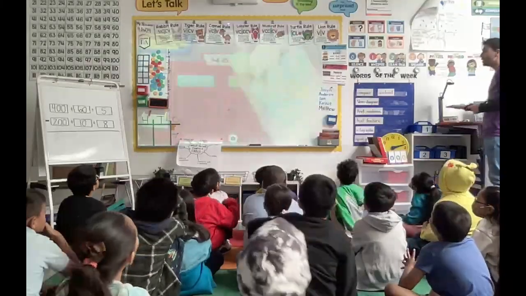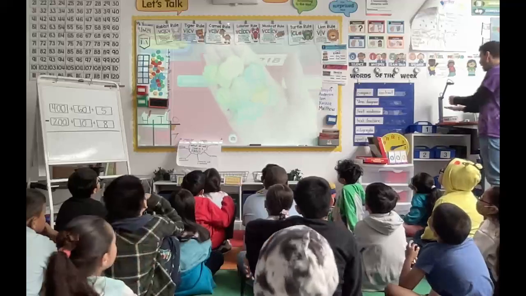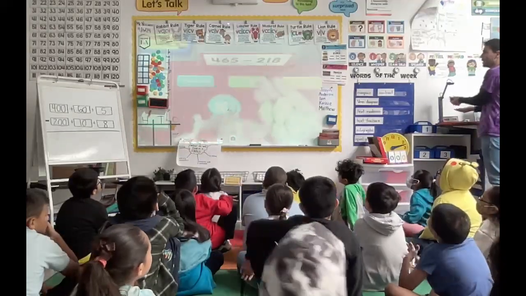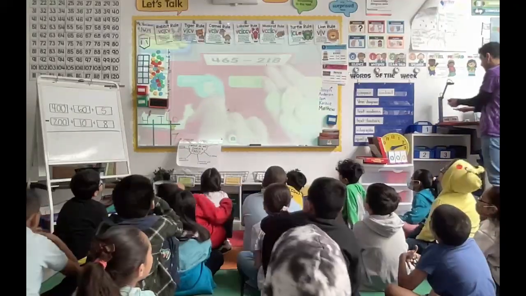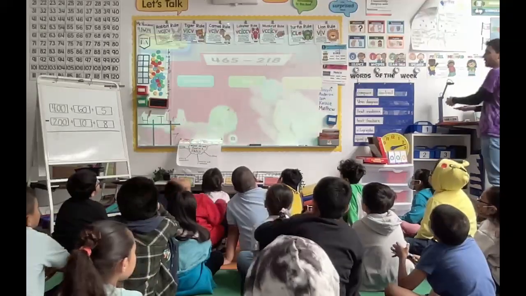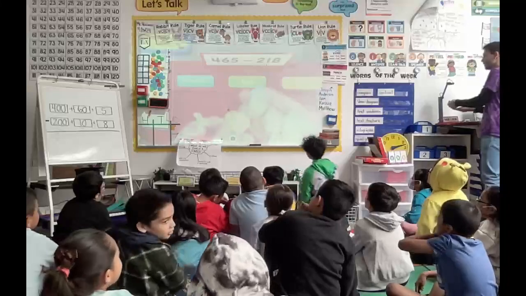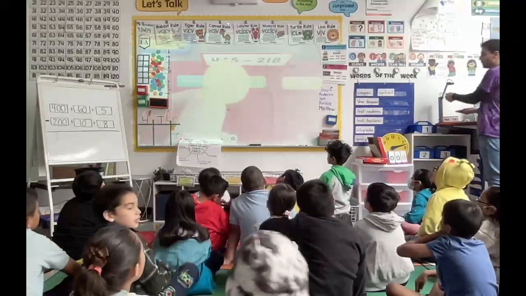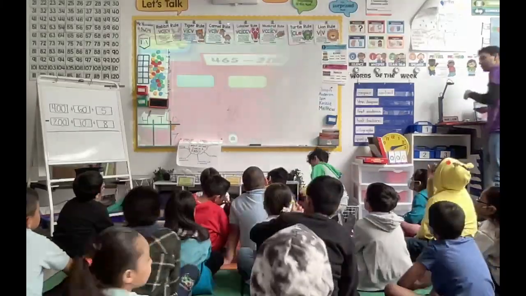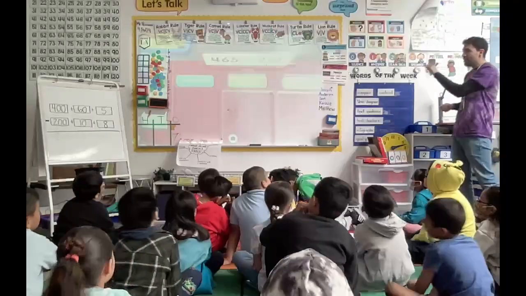So, notice that the hundreds are what color? Blue. And they say what? 100. The tens are what color? Green. And they say what? 10. The ones are what color? Yellow. And they have what? 1. Alright, so the next step, when it's your turn, is you're going to show your first number,